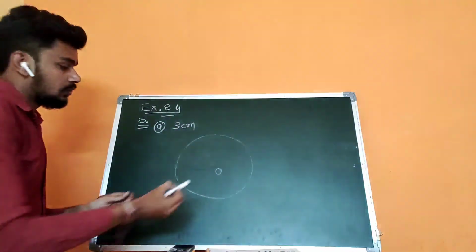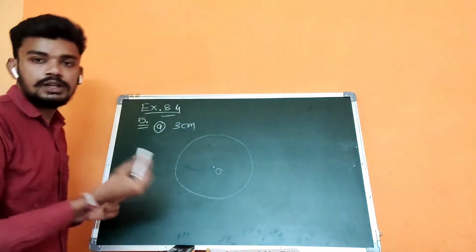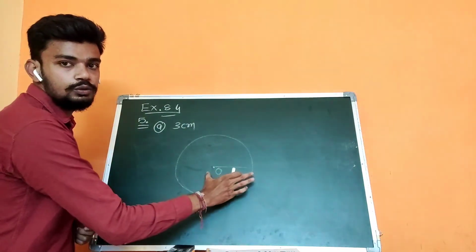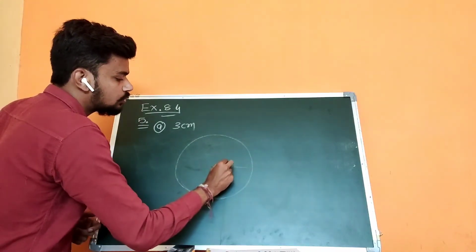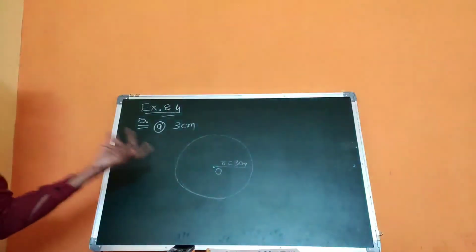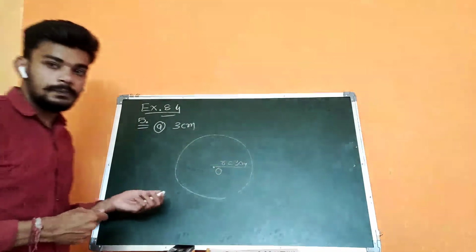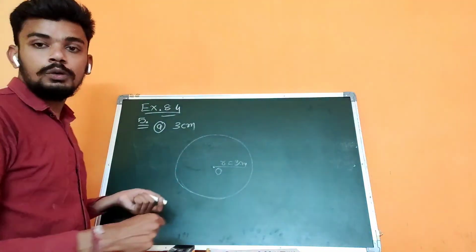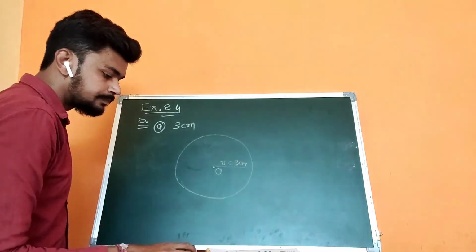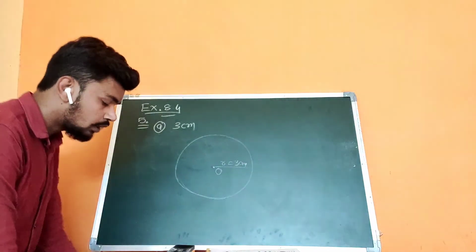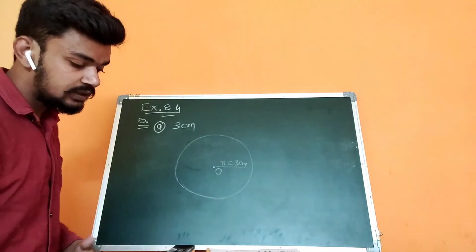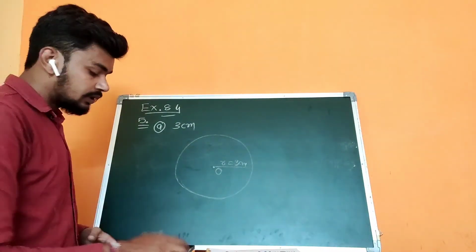Done? Okay, so that's how you have to do it, and then at last you can do like that. You have to join them as a radius to show the radius r is equal to 3 centimeter. Then end of the question. Okay, any doubt in this one? Let me know if you have any doubt. Understood? So the remaining two you have to do in your homework. B is 4 centimeter, and C is 6 centimeter.